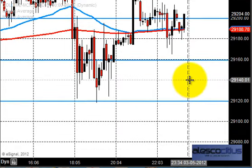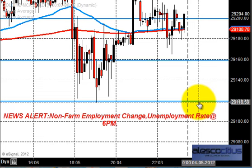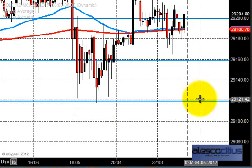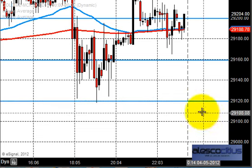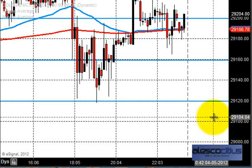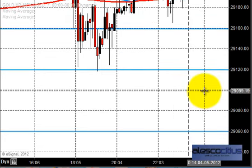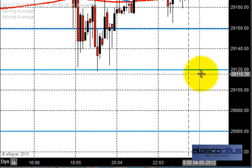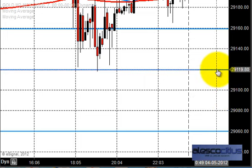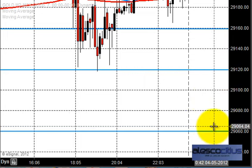If we see weakness around 29,120, since 29,120 is acting as a good support, you can test the market at 29,120 and place a stop loss around 29,080 and just wait for the market to give us a clear trend direction. So this is a type of protection strategy which we are going to do: we are going to test this support again today at 29,120,